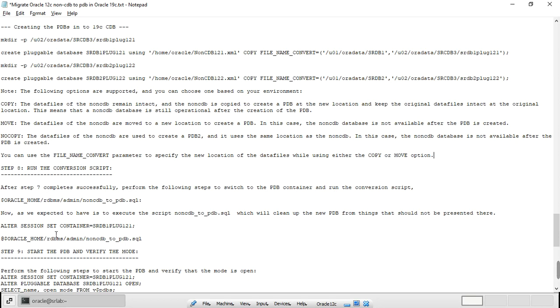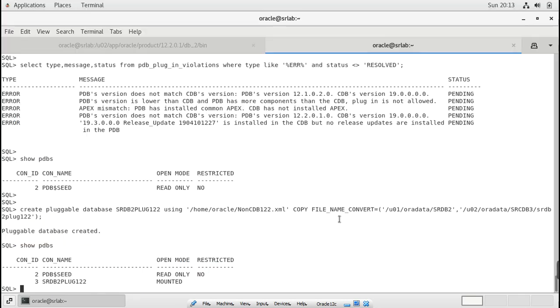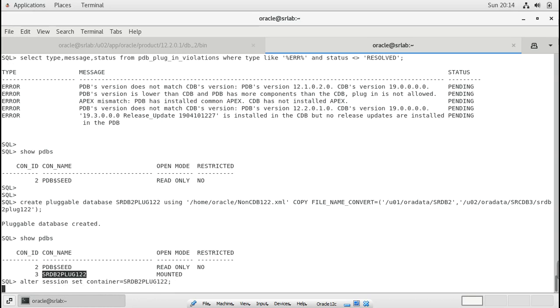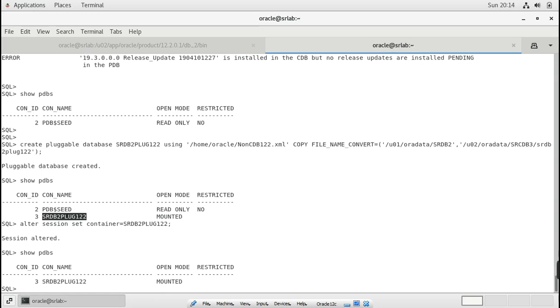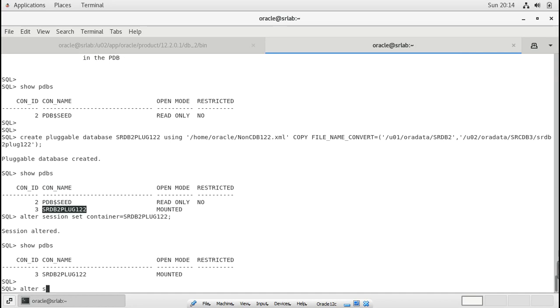So what I am going to do is alter session set container, and then alter pluggable database open.